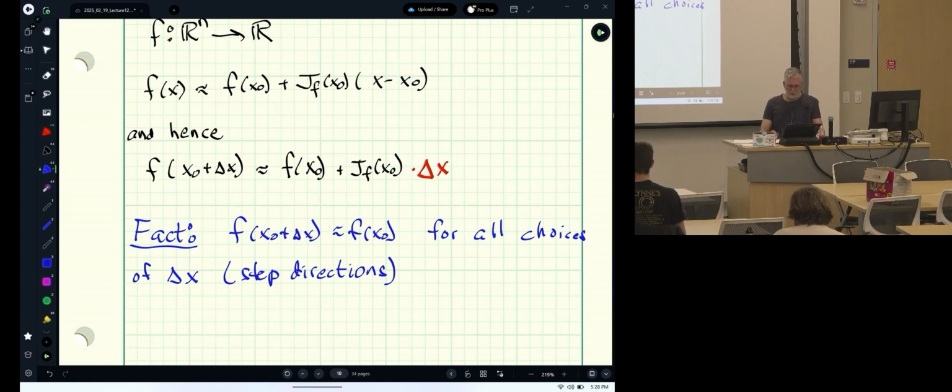So I'm going to have an algorithm, I'm going to be at a point, and I'm going to move. I want my function to decrease, but if I'm at a point where no matter what direction I choose it doesn't change, that only happens if this matrix is 0. Because if it's non-zero, I can always choose a delta x such that the product is non-zero, and I can change f. So that's if and only if